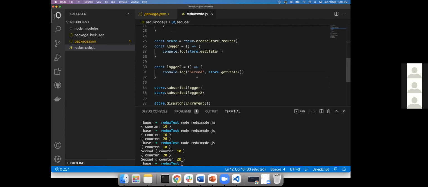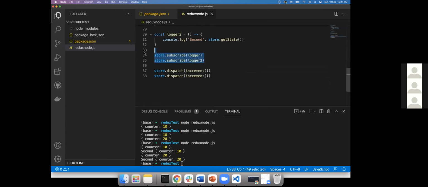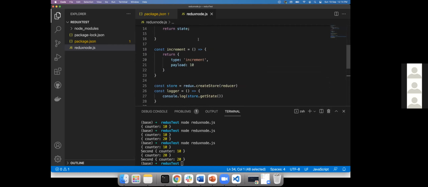Whoever is listening to our subscription will be informed that there has been a change. Now React components are listening for these things by somehow connecting. When someone updates somewhere in your UI, say someone logs out, whatever screen you are listening to, all the screens will be informed that a logout has happened.